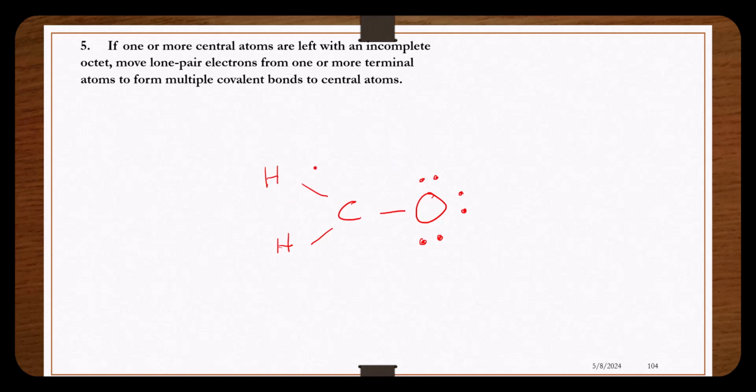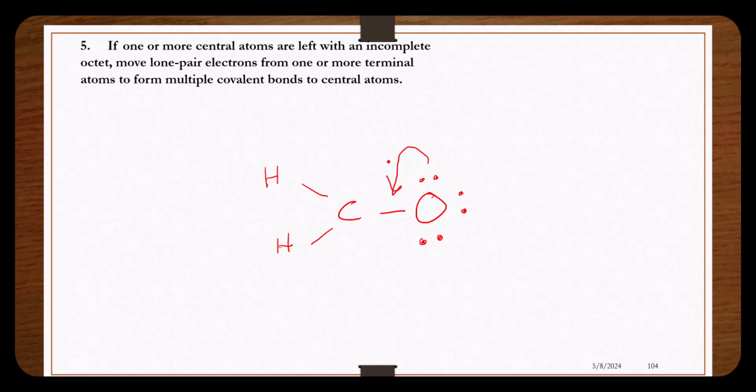And the hydrogen atoms are connected to the carbon with one single bond. And there's 2 electrons in a single bond, so hydrogen would have a filled outer shell of 2 electrons. Looking at carbon, there are 3 single bonds to carbon, giving carbon 6 valence electrons. We can move a set of lone pair electrons from the oxygen atom in to form a double bond between